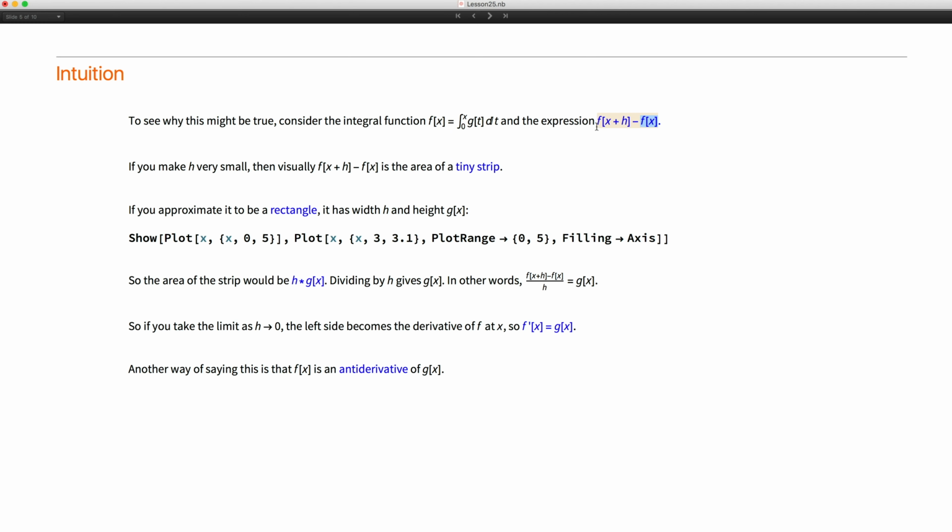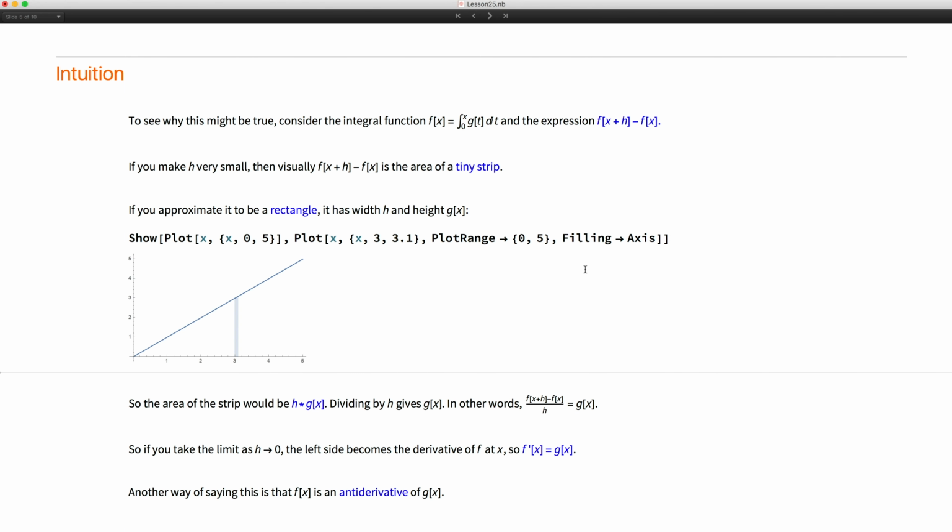Now that difference over here would just be the area of a tiny strip because h is very small. So here's a picture. The area of that strip is simply the width times the height, which is g of x. So the area is h times g of x,